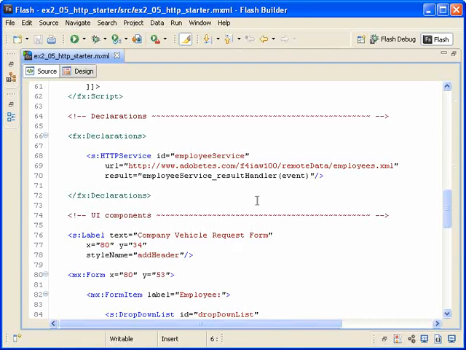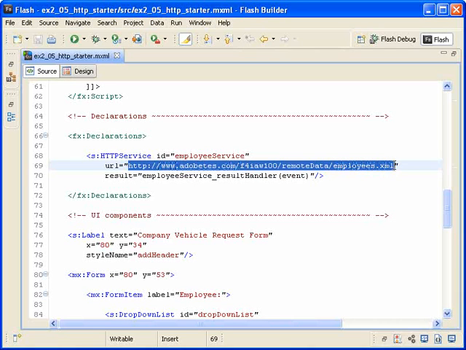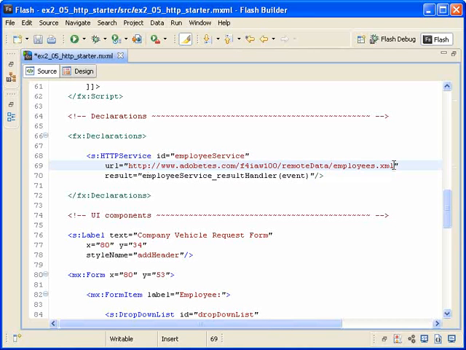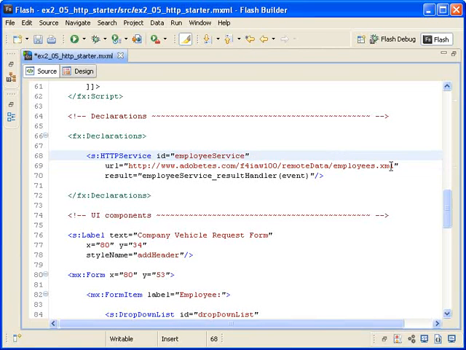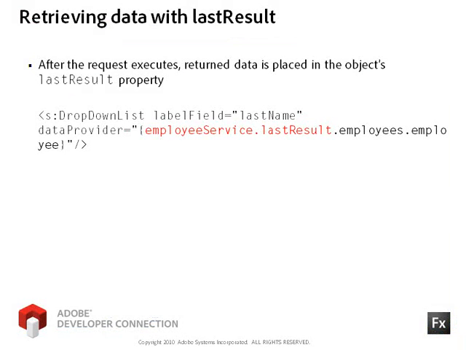Back in the main application file, I am removing the static XML file and replacing it with this dynamic XML file. The data that is returned in the HTTP service request is placed into the object's lastResult property. You can request that data by referencing the HTTP service object's instance name plus the lastResult property. In this case, that would be